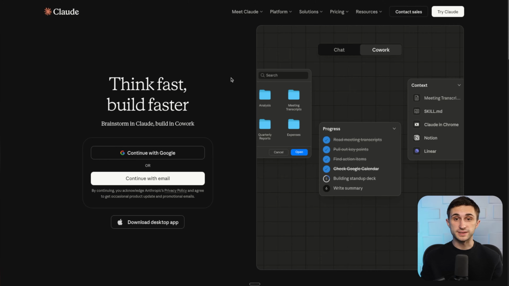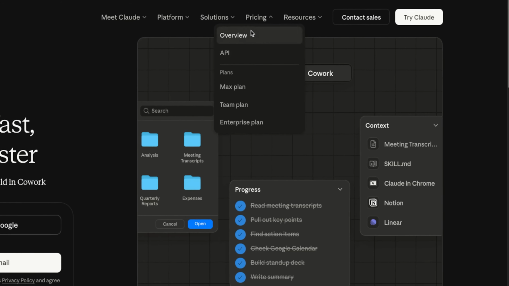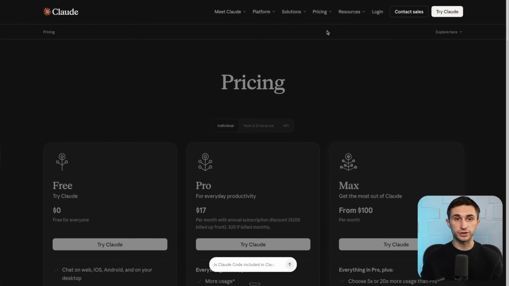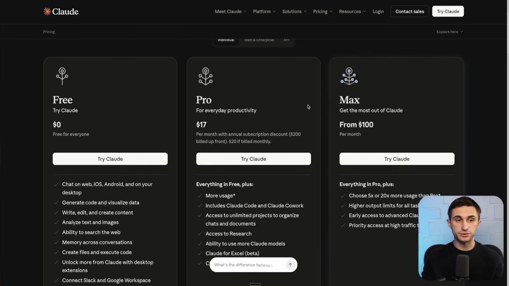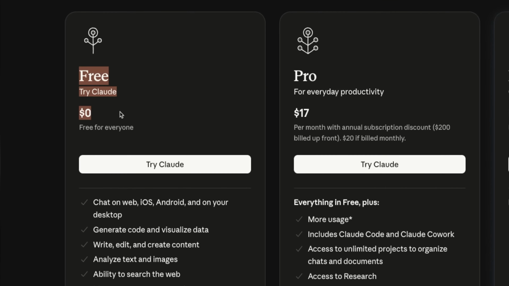First, let's talk about pricing. So if you head over to claude.ai and then you hover pricing in their menu and hit overview, that's going to bring you to their pricing page. And if you scroll down here, you'll see that they do have a free plan that you can get started with, but it is pretty restrictive. I'm not going to lie. It's enough to test things out, but you're probably not going to get any serious work done with the free